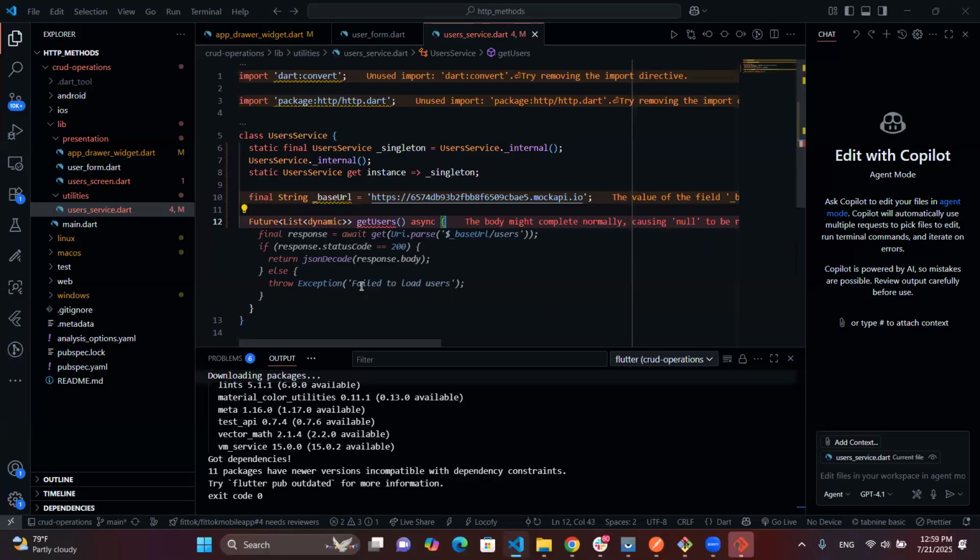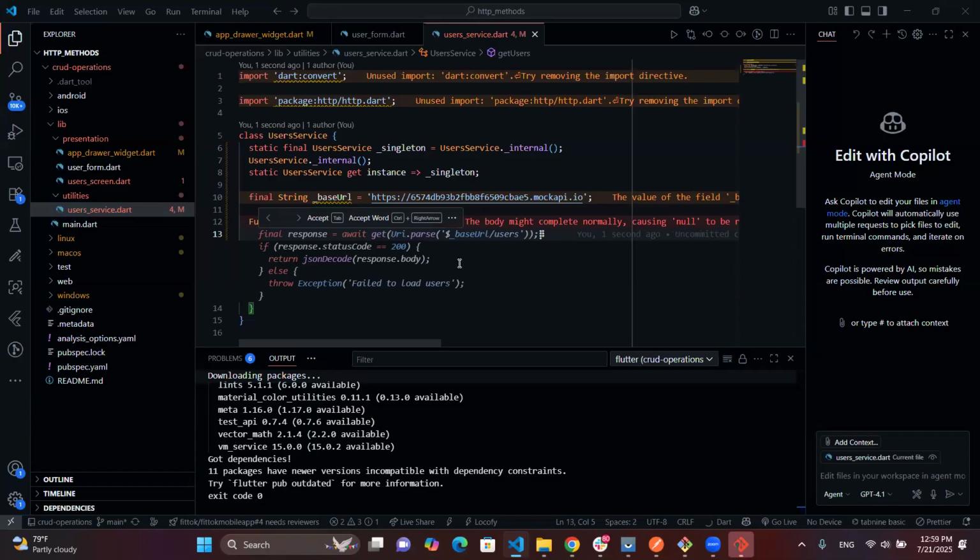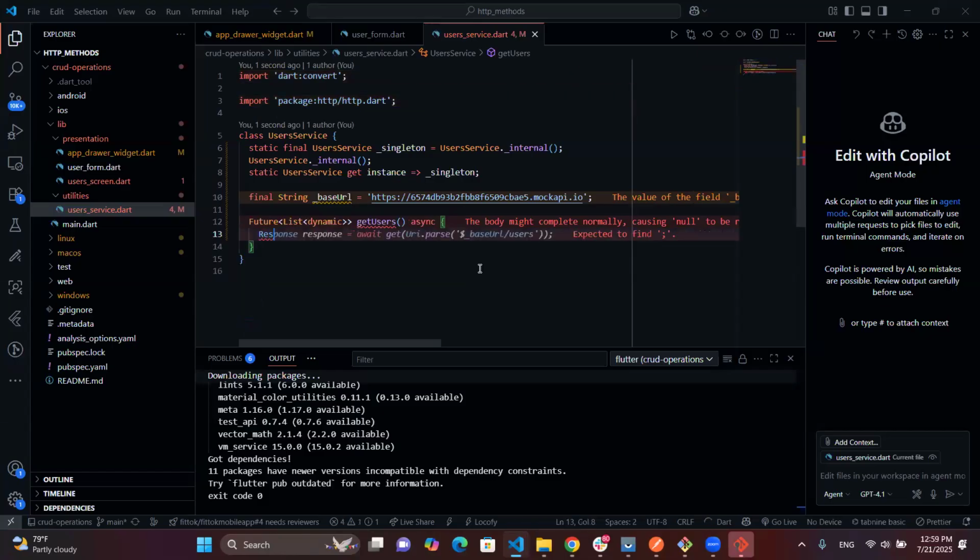Of course, I can explain all of this source code after this. So we're having final response, await get. Of course, definitely we'll make use of the status code, but rather let's do this step by step. So we'll have response,